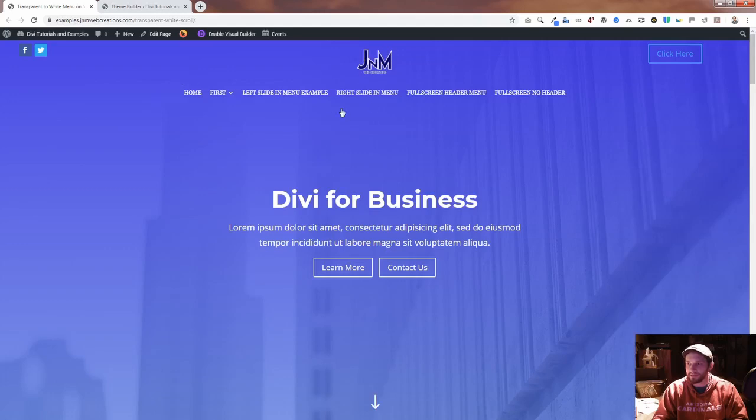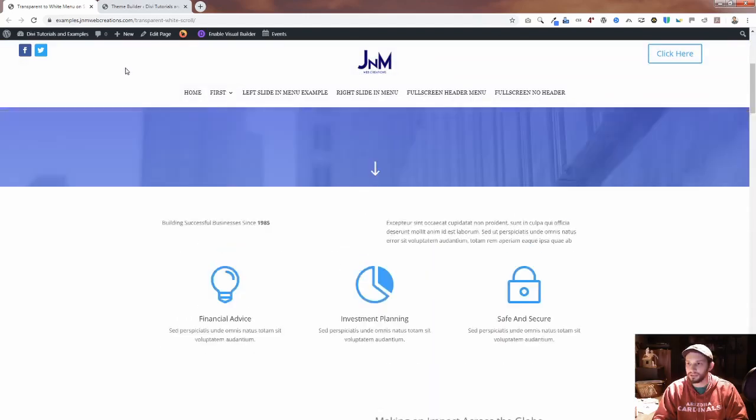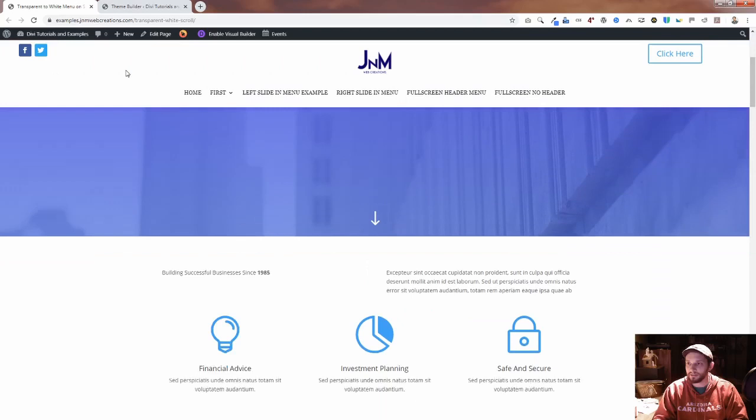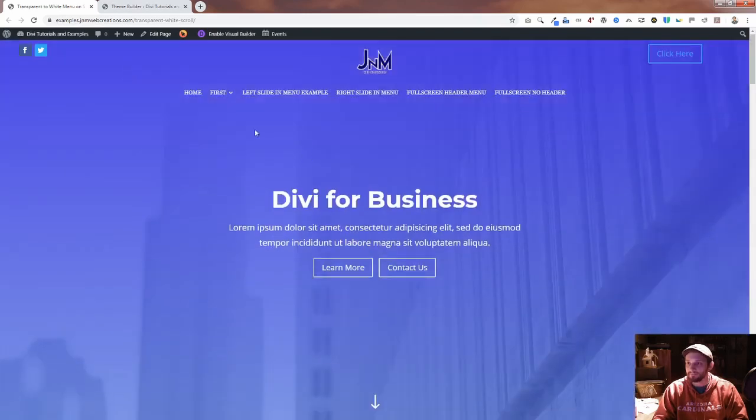As you can see, this header at the moment is over top of the actual background, whatever that may be. It is fixed, so as you scroll down, you're going to see it change, then come back up, change, and come back down, change. This is a very simple header, so it's not as much the header style or look that I'm doing in this tutorial. You should be able to make pretty much whatever type of header you want, as long as it can be